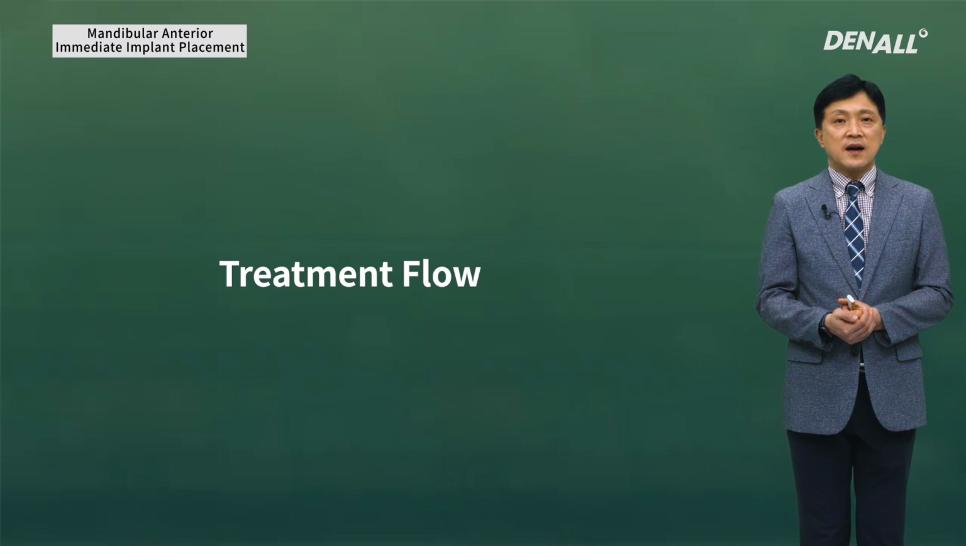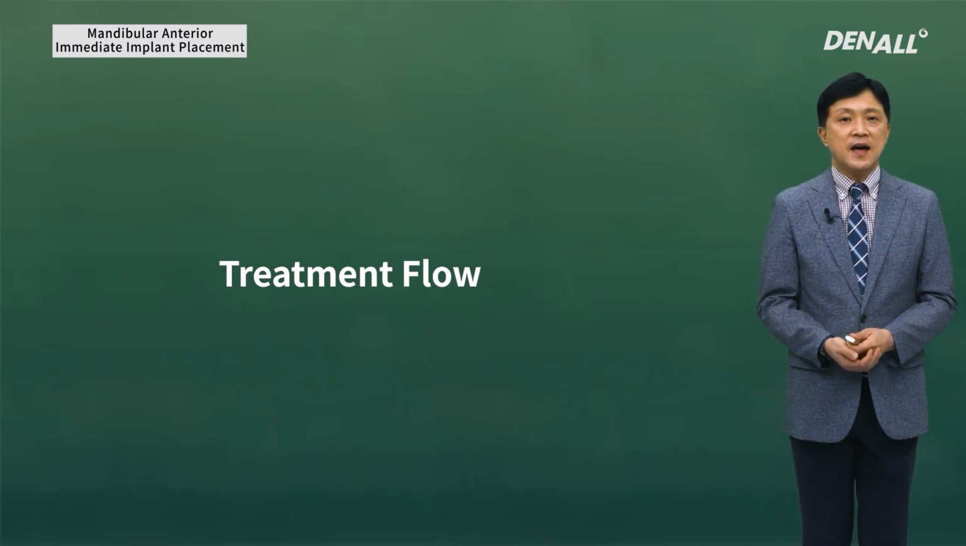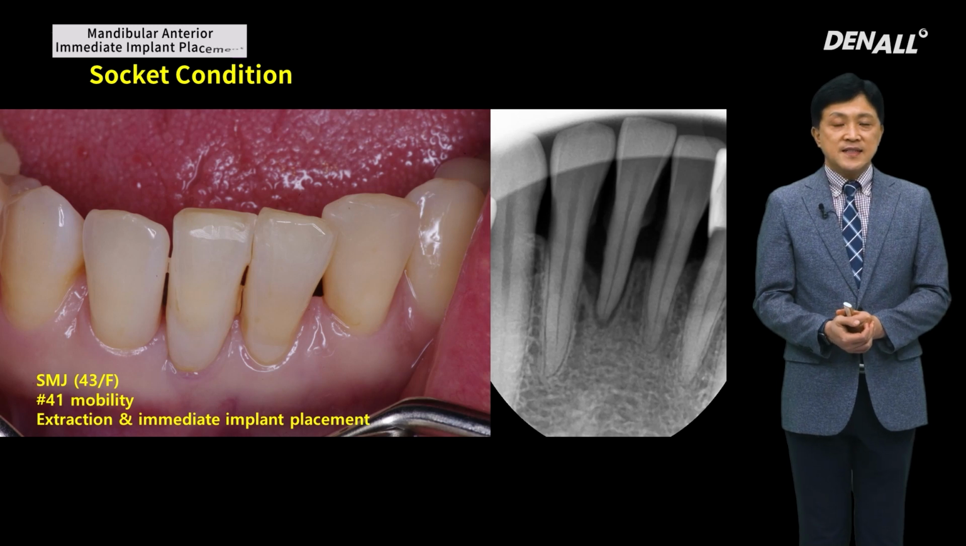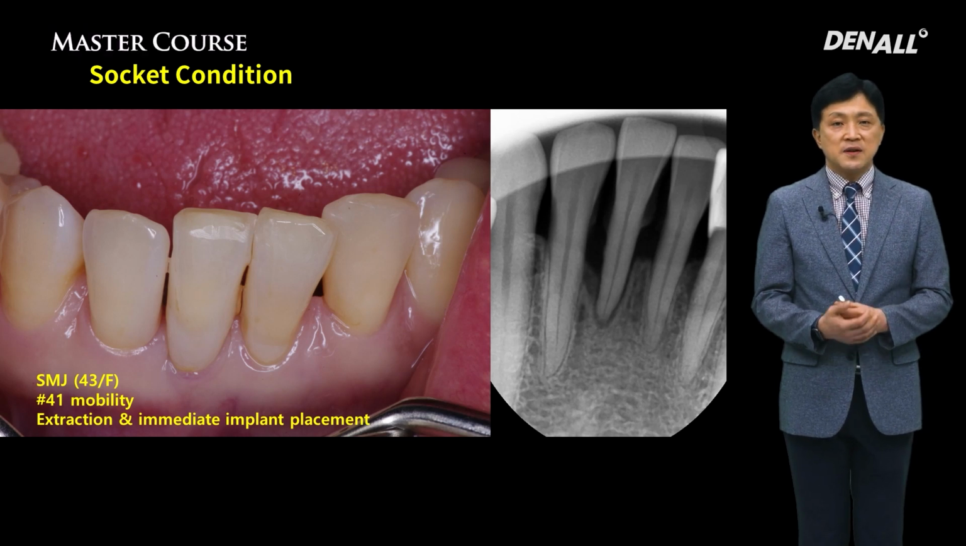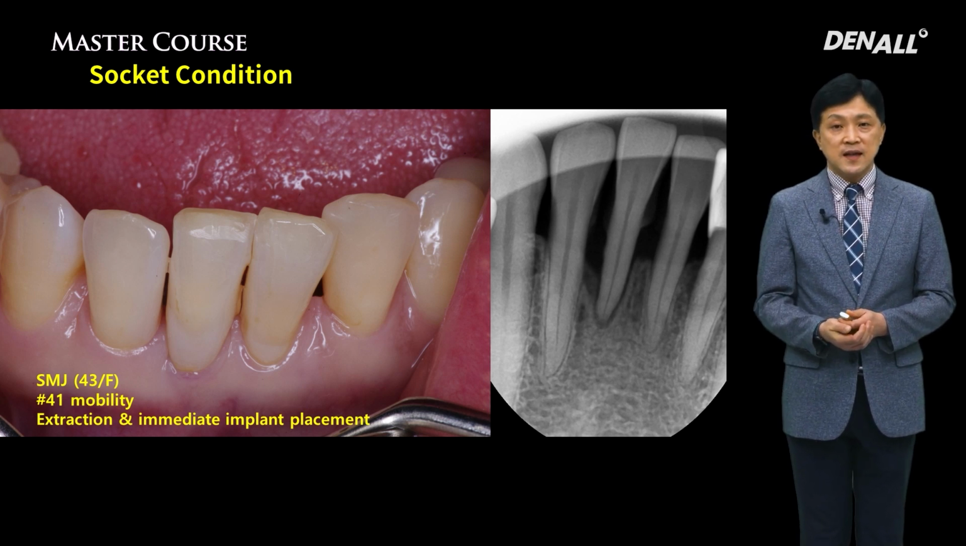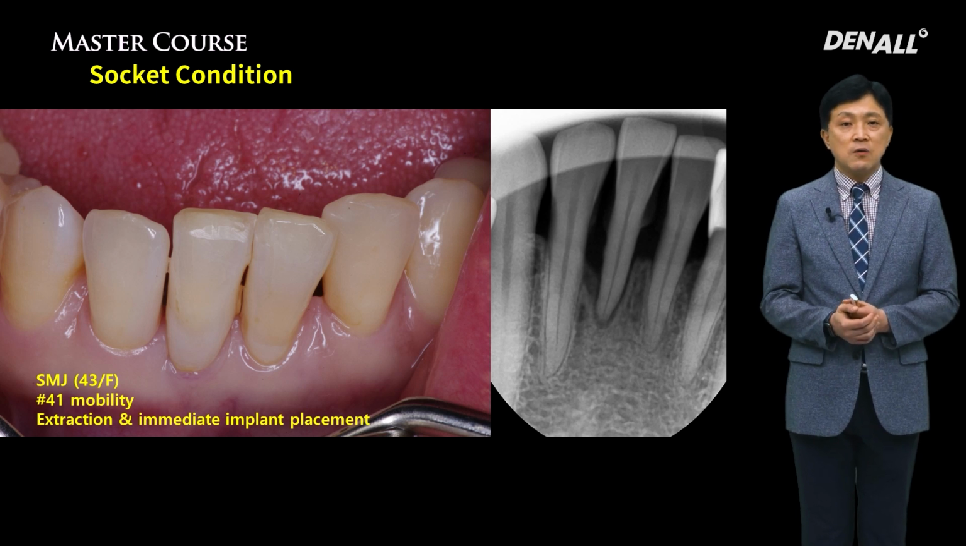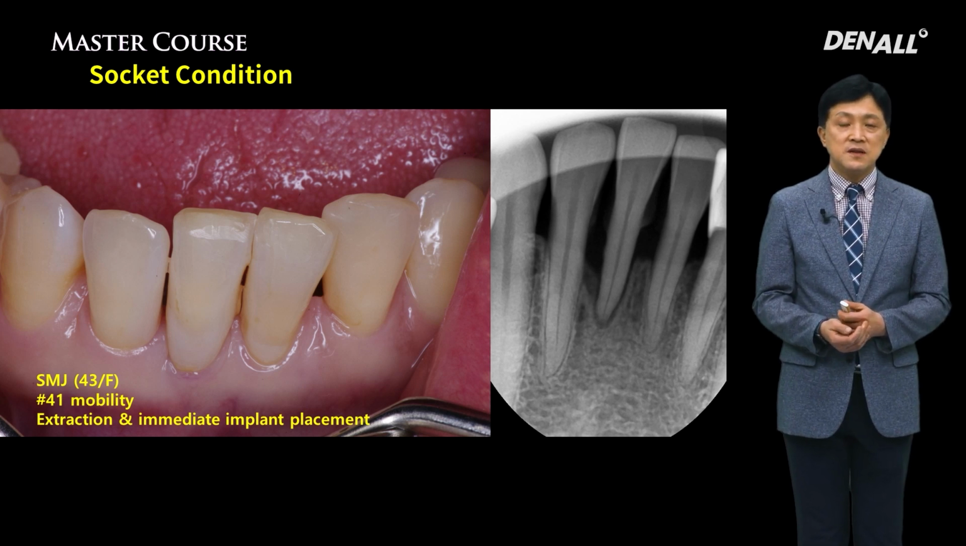Let's have a look at a clinical case to talk about the factors to consider. The patient is a 43-year-old female. Mobility at number 41 is the chief complaint. On the X-ray, the number 41 tooth shows alveolar bone resorption and severe mobility, so it was decided to extract and